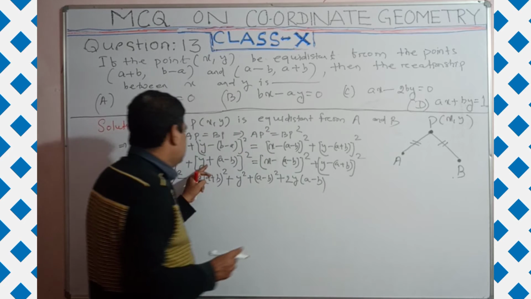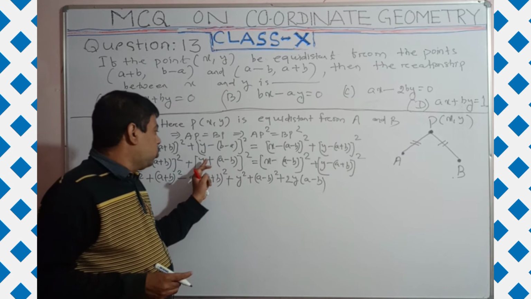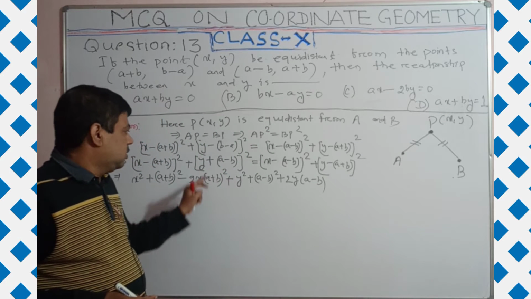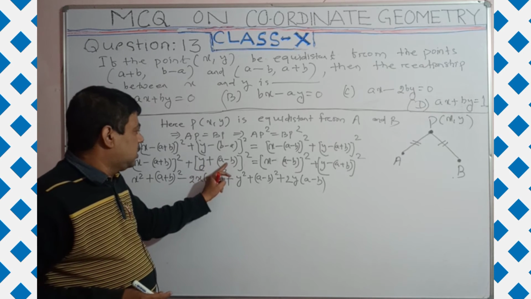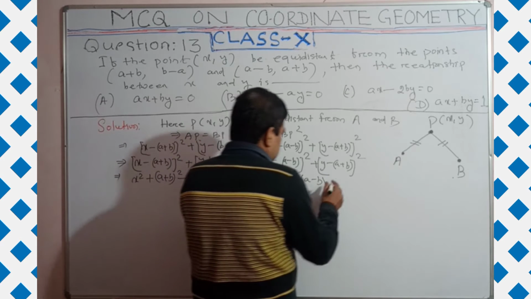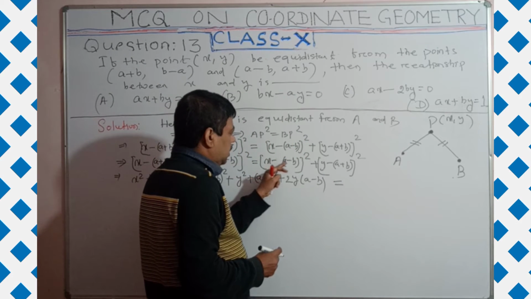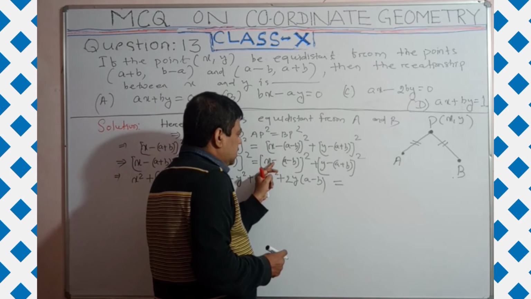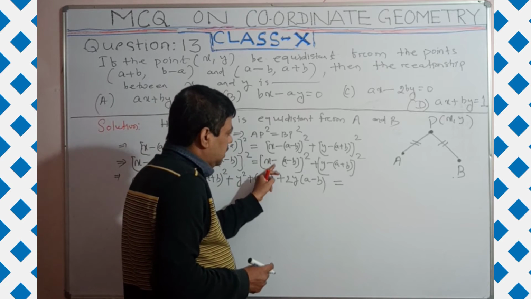Here you can apply first term square plus second term square plus 2 into first term and second term. Here the first term is y, the second term is a minus b. Here you are using the identity (a plus b) whole square. Understand? Similarly, here x minus of (a minus b), since there is a minus sign, we can use the identity (a minus b) whole square.